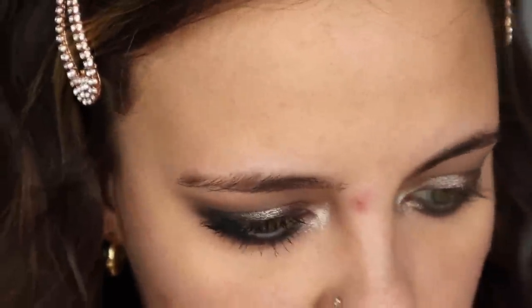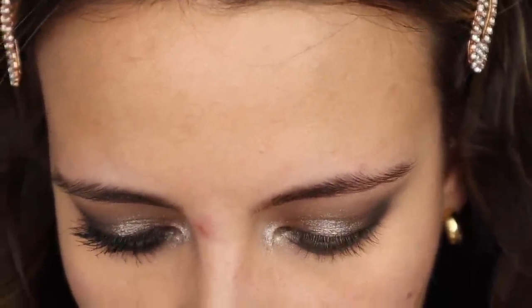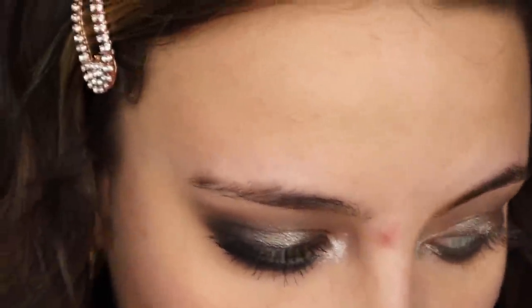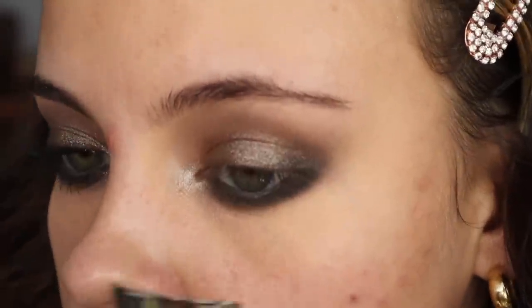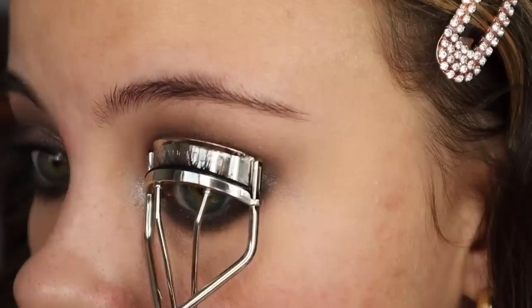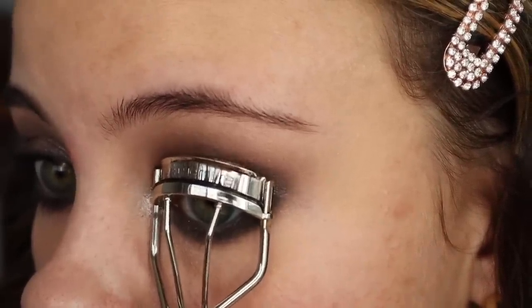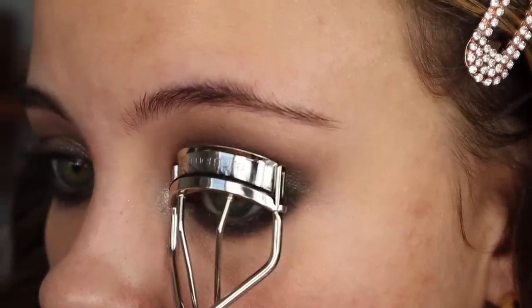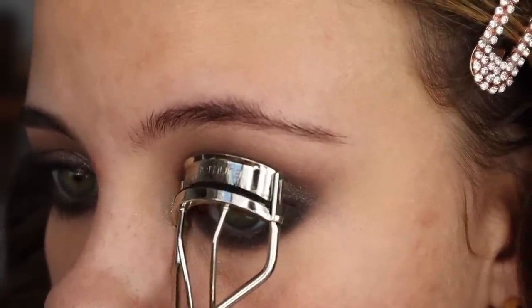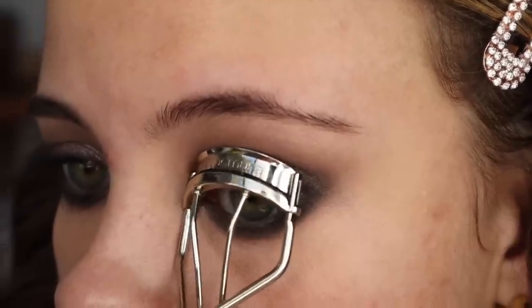I'm going to quickly curl my lashes, and I've been getting a few questions on how I curl my lashes actually. So my favorite eyelash curler is the Shu Uemura one. I've had this exact one for years now and it's never failed me. So what I do is I first go as close to the base of the lash first, give it a good little squeeze. Then I go to the middle of my lash, give another good squeeze. And then I go to the topmost of my lashes and give another good squeeze,